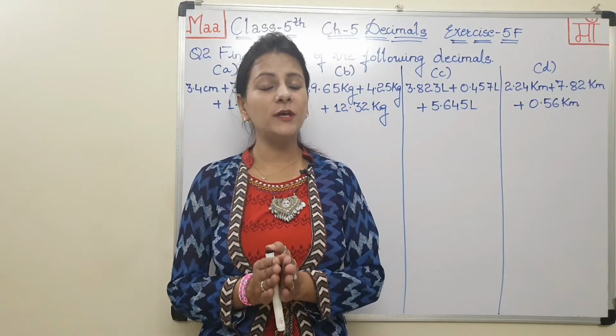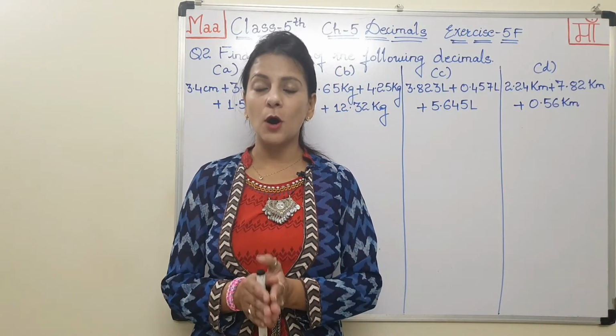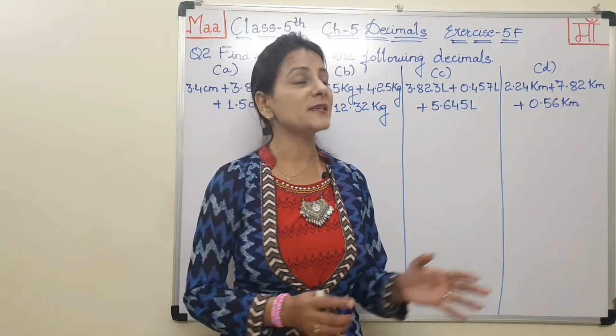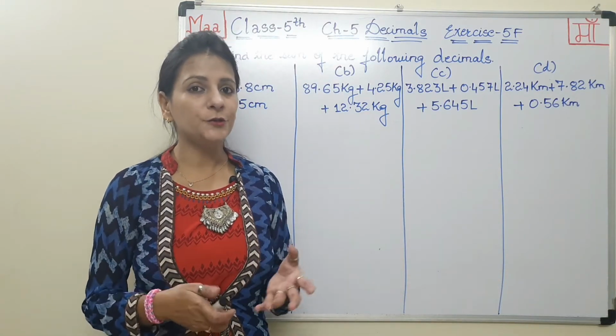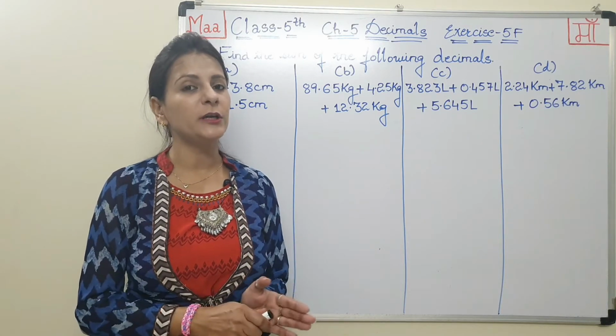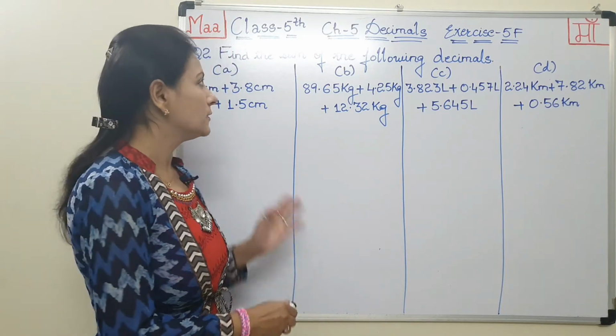Now question number 2 is again related to finding the sum of the given decimal numbers, and in this question the decimal numbers are with some unit. So we will be putting that unit also along with the answer. So see,